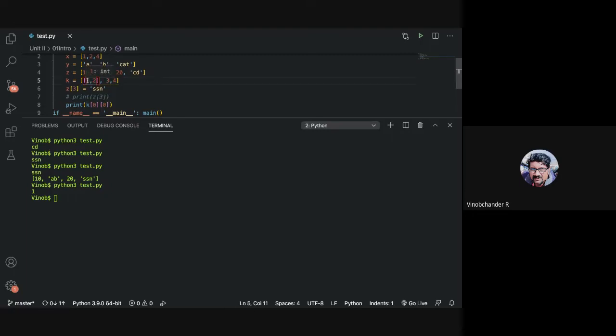Since it is a list within a list, you get 1 when you say 0, 0.